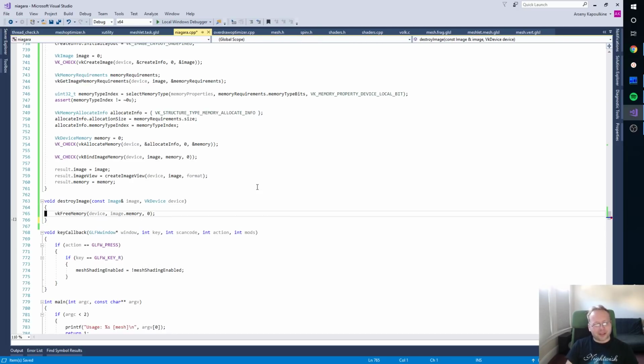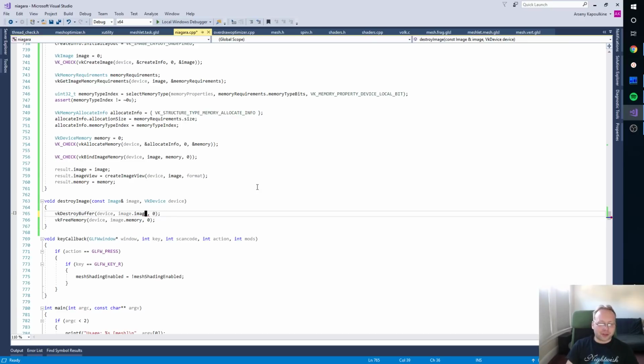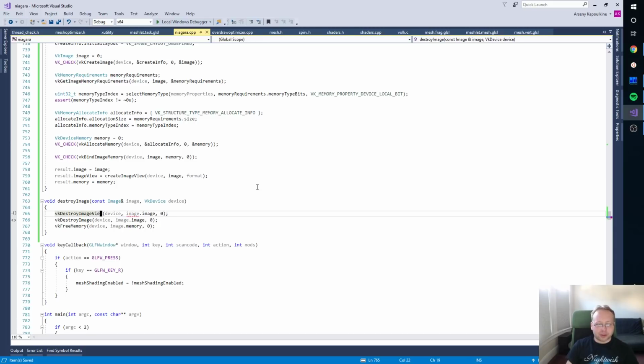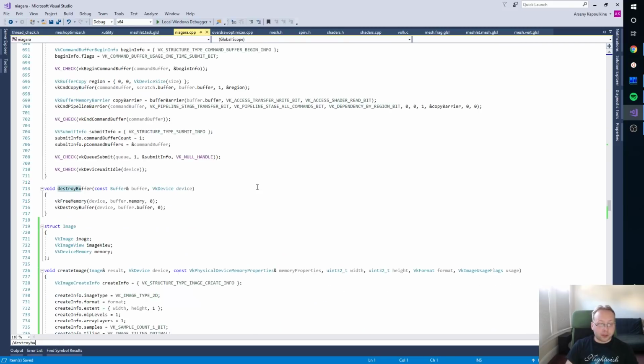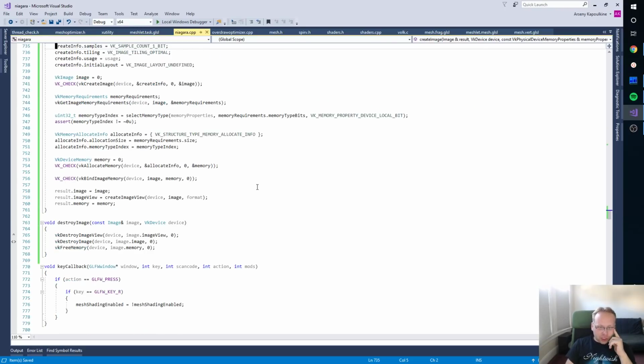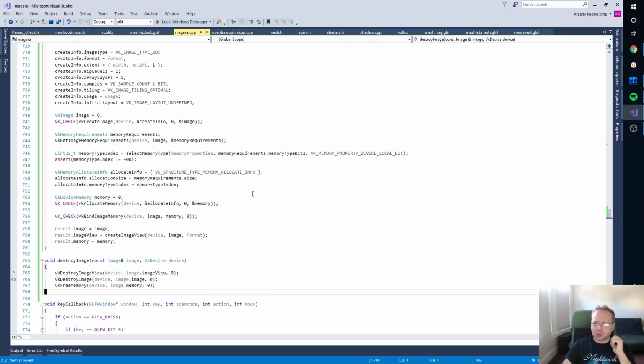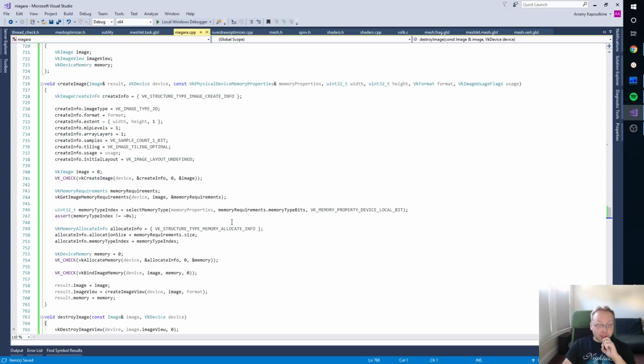It's kind of odd. Doesn't really matter, but it's kind of an odd sequence. So let's fix that. All right. Oh, I guess I technically allocate memory after, yeah. It doesn't really matter. The order of destruction doesn't really matter in almost all cases, or maybe all cases in Vulkan. What is more important when you destroy an image is to make sure the GPU is not using that, but we